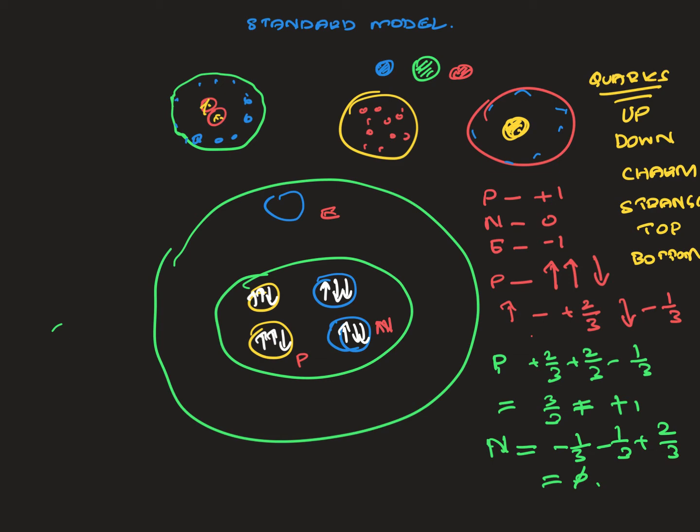So these are the quarks that are part of the standard model. The standard model has all these ones: up, down, charm, strange, top, bottom. Now we know that an atom has a nucleus and electrons, but the protons and neutrons inside have other fundamental particles. Those neutrons and protons are made up of these quarks. So quarks play a significant role in the standard model.